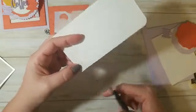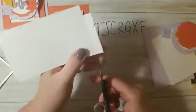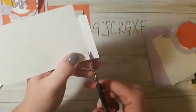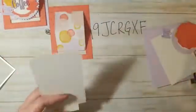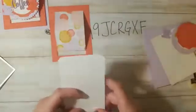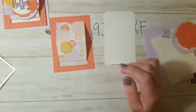You could measure, but I am literally, oh, sorry guys, I think my dog, UPS just arrived, so my dog of course thinks that we're being attacked. So